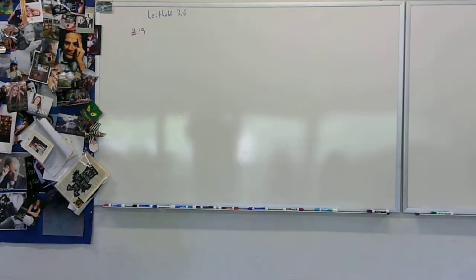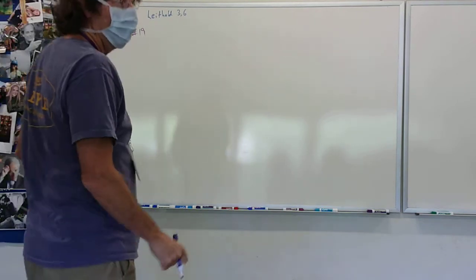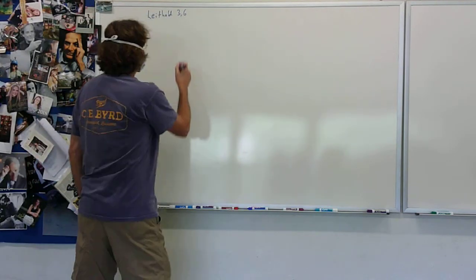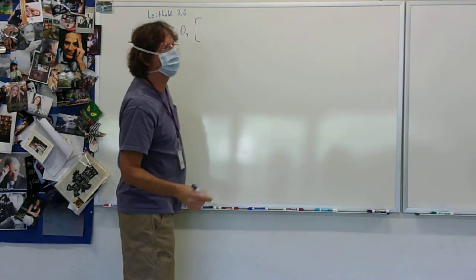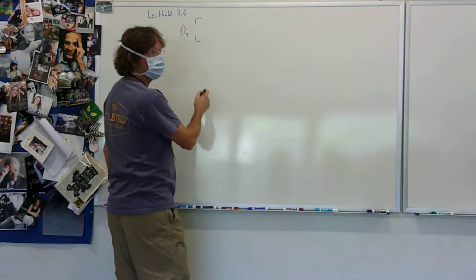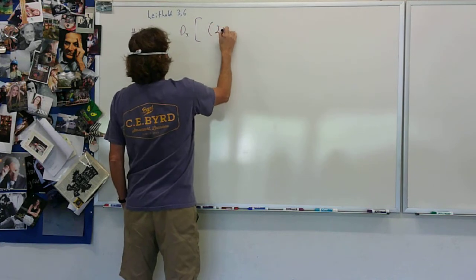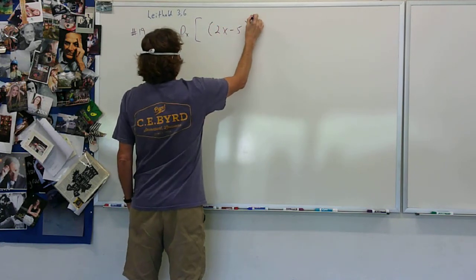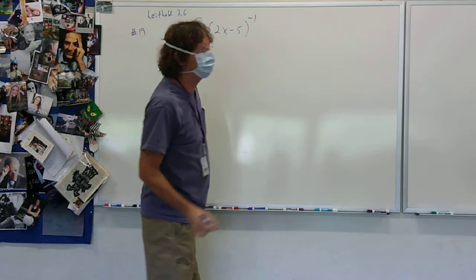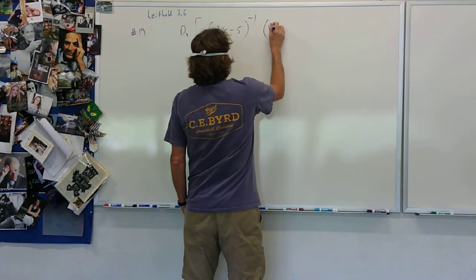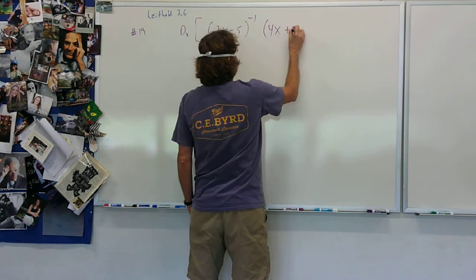All right, 3.6, number 19. And if you look at that, it says take the derivative with respect to x. And then it's got all this stuff in parentheses: 2x minus 5 to the negative 1. I didn't work this one yesterday, did I? And then 4x plus 3 to the negative 2. If I did, it won't hurt to see it again. Now,